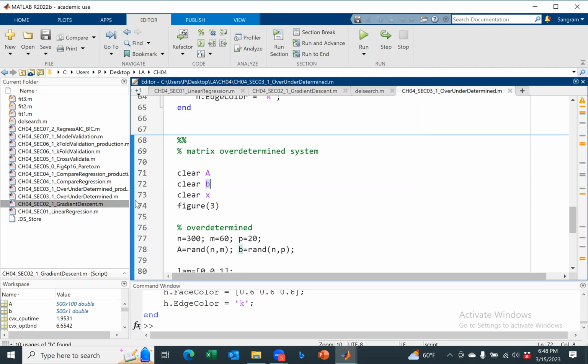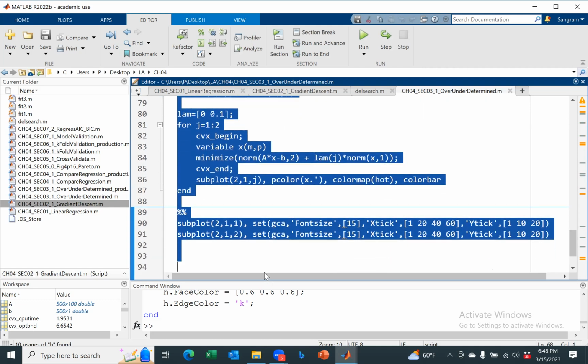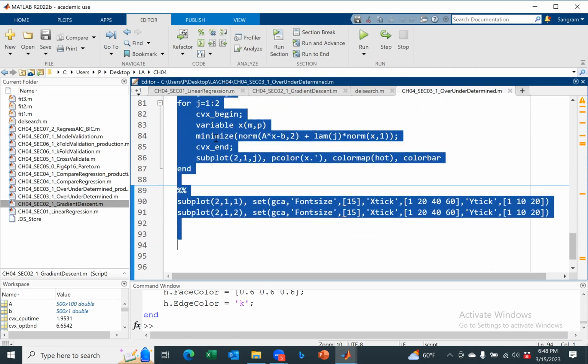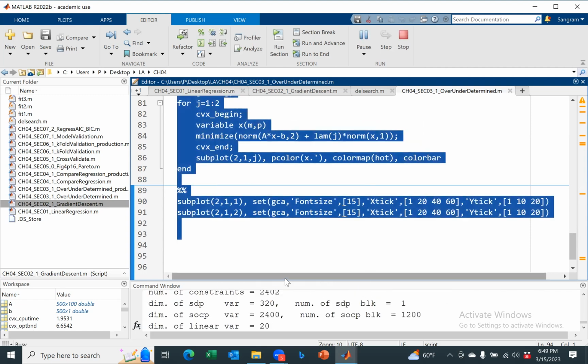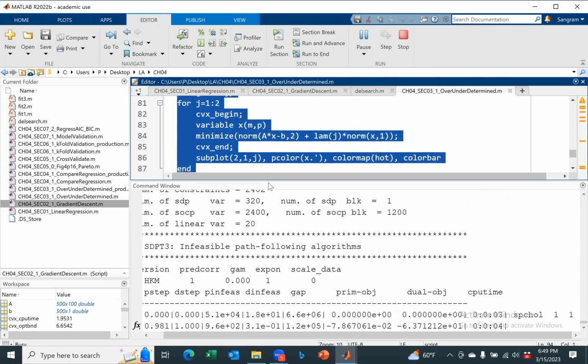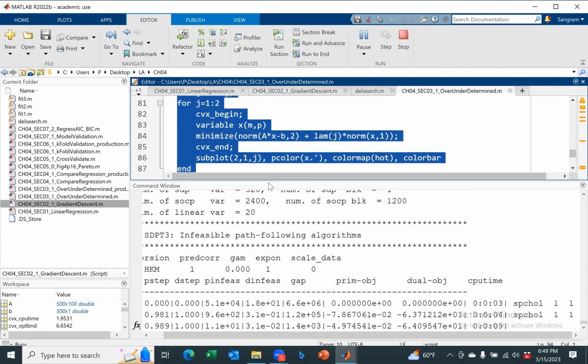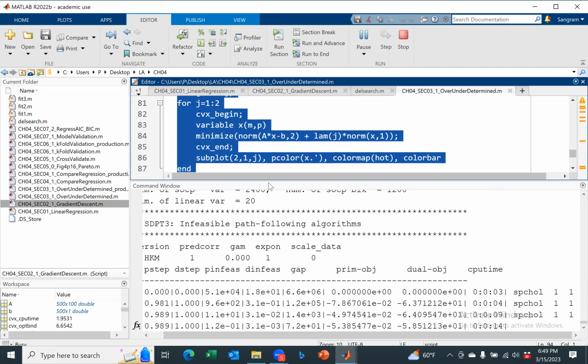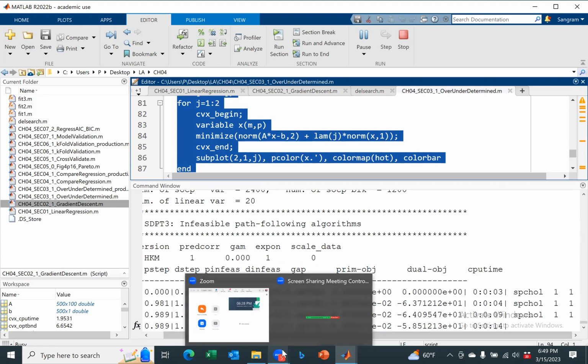If I were to perform the exact same type of analysis on a matrix, then it's significantly more complicated. And now it's going to take a lot more time. So please bear with me. And you will notice that it will need to perform the optimization for some time to get the loadings and the values. But one observation here, which I want you to notice, is